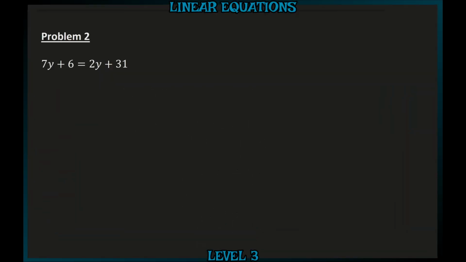In problem 2, we're solving the equation 7y plus 6 is equal to 2y plus 31. Now in this problem, we can see that we have unknowns on both sides of the equation, and it tends to make it easier to keep your unknowns on the side on which you start with the most. So here we have more y's on the left than we do on the right. So I'm going to keep the y's on the left, which means I need to get rid of the y's